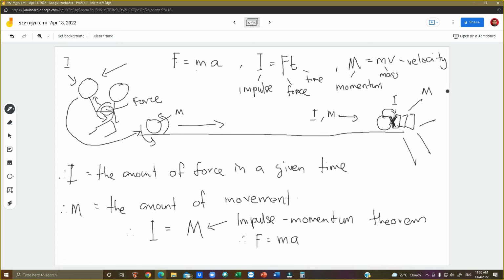Ini konsep dia. So whatever thing you do, it will involve impulse and momentum. Such as when you kick a ball, your leg will have an impulse. Your leg will have force. It will be transferred to the ball. That is an impulse. And when the ball gets an impulse, it will cause the ball to travel. That is momentum. And with that momentum, katalah keeper tahan, keeper will feel force because that momentum will transfer impulse to the keeper's hand, which causes the keeper to move the hand. That is the new momentum. So at any given point of time, impulse and momentum are equal.